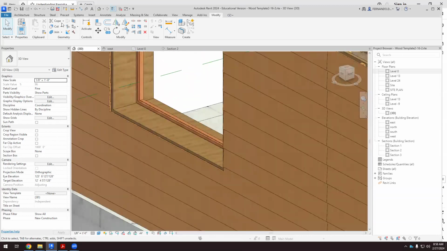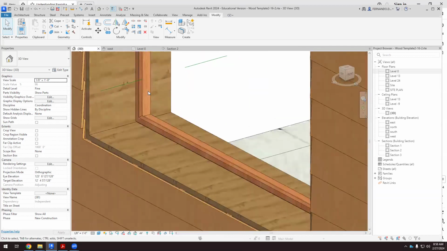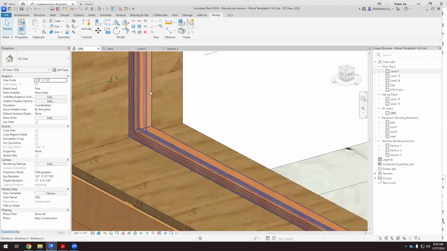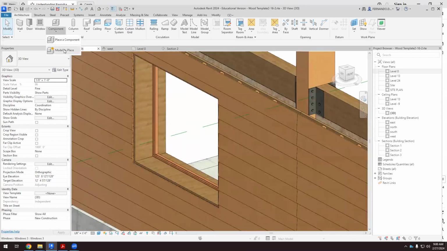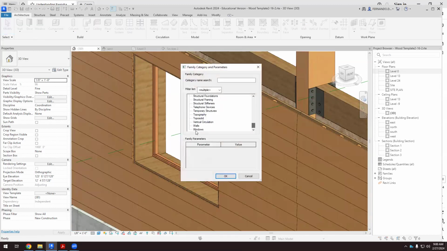It's sash. Sash is something that's made of wood, and usually it's for windows. Okay. Yep. I can't find it. I made it, but the same architecture, component, model in place, windows,